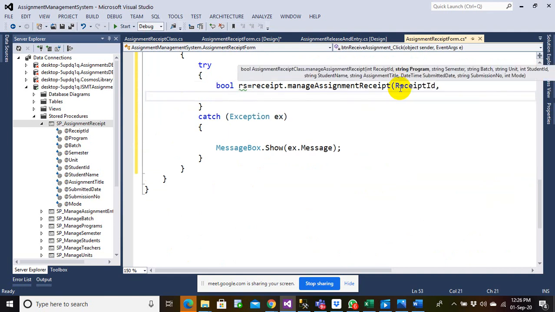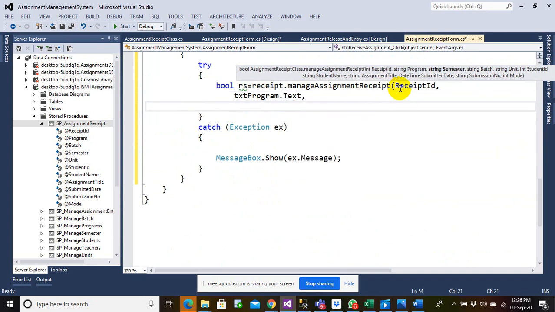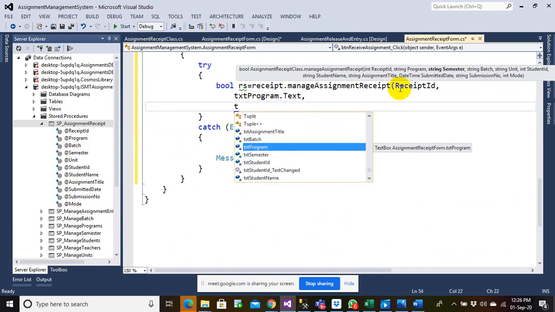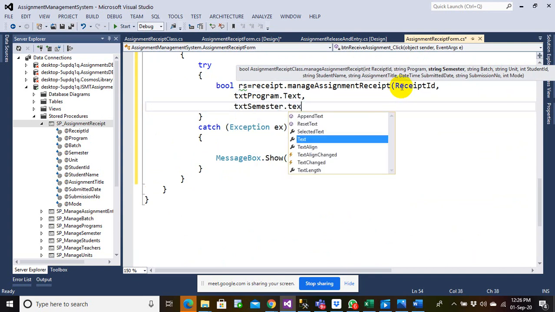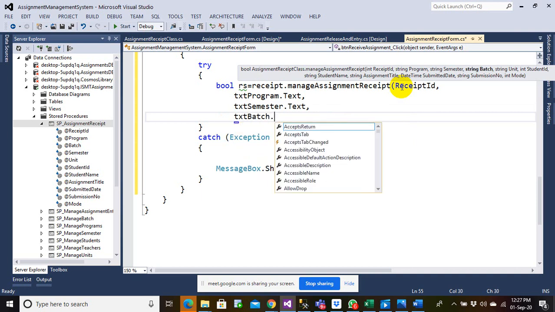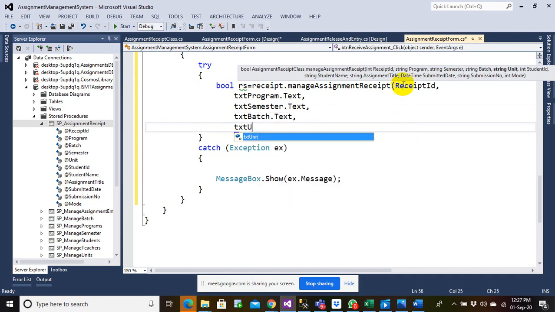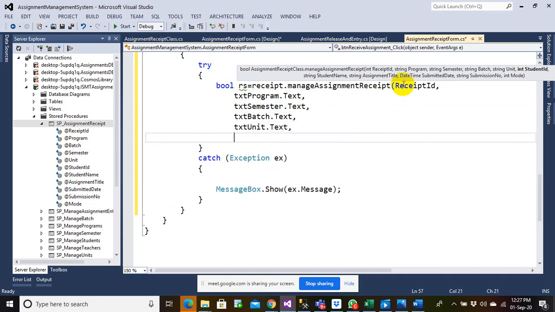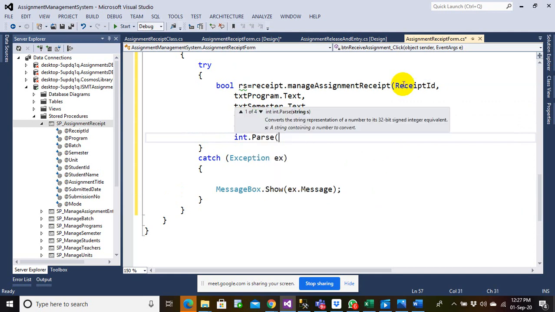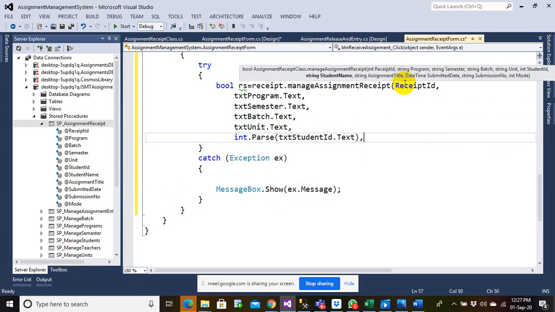And then you have a program. So let's say txt program dot text, txt semester dot text, txt batch dot text, txt unit dot text, integer dot parse, id dot text.